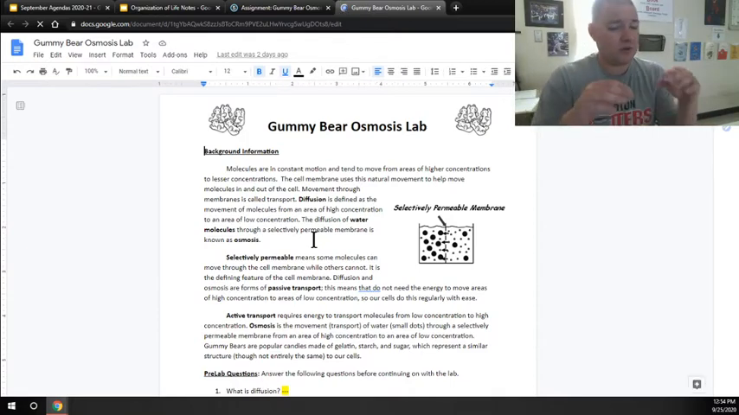What we're basically going to do, we're going to treat the gummy bear as our cell. And with the gummy bear as a cell, we're going to look at the ability of the cell membrane to let things pass through and not allow things to pass through. This is called diffusion, and we're specifically going to look at the specific tendencies of osmosis, which is letting water